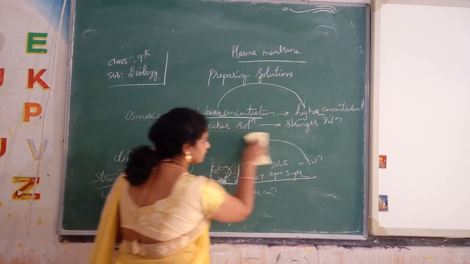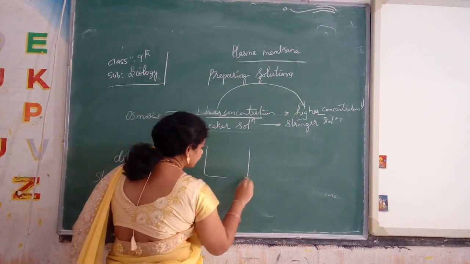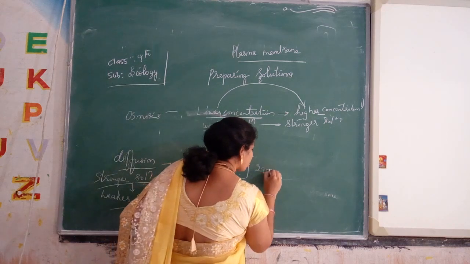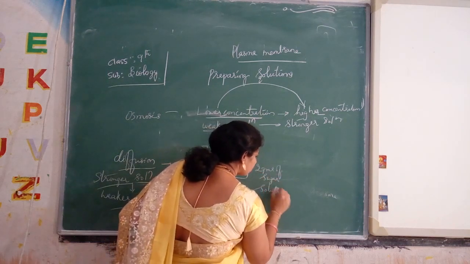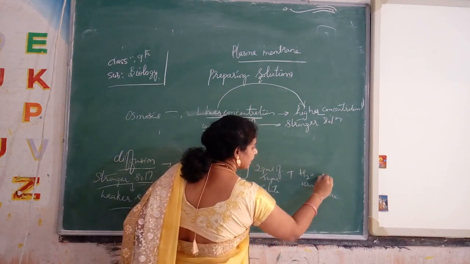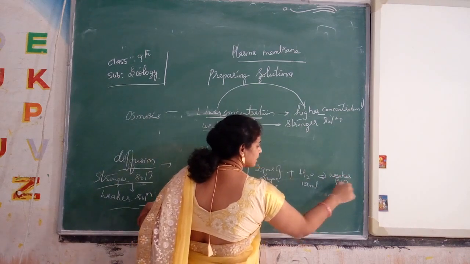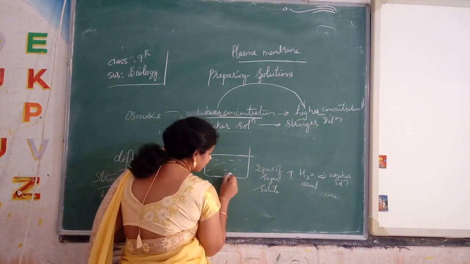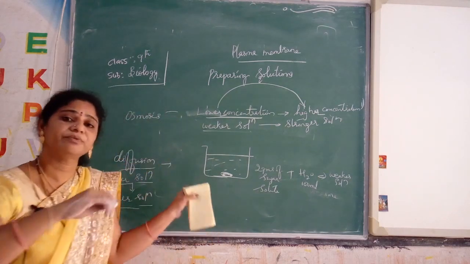Now with the same kismis and water I will explain. See here, we have taken water with how much? 2 grams of sugar solute, plus 100 ml of water. So this is a weaker solution right now, weaker solution meaning very low concentration. What we have added is the kismis.